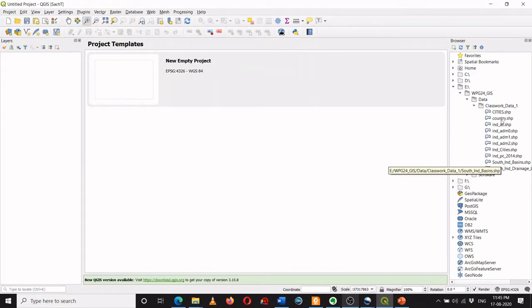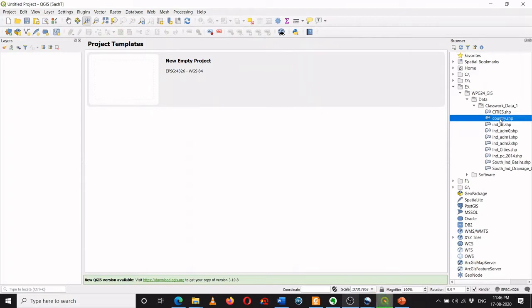So now let us say I want to bring this country shapefile. So we'll see what the shapefile is. So this is a country.shp. It might be the case that in your case you see only country, not .shp as the extension. I have enabled the setting in my system so that I can see all the extensions of all the files. So if you do not see any extension like .shp, doesn't matter, not a big deal. So double click on the country.shp.